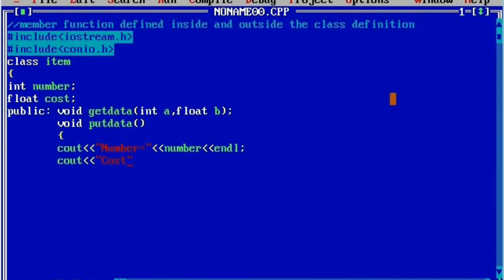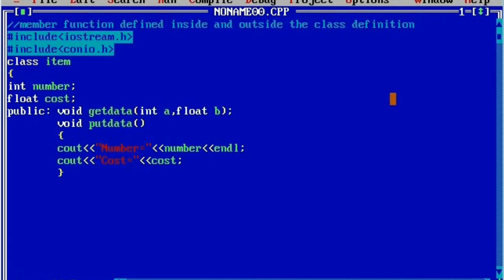Then I'm going to write here cost equal to, and the value stored in the variable cost, put semicolon, then curly closing brace. This indicates that we have defined the put data function inside the class definition.